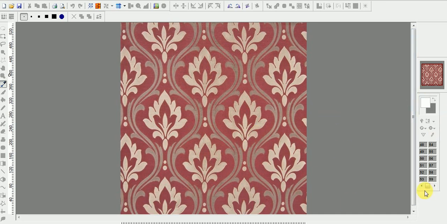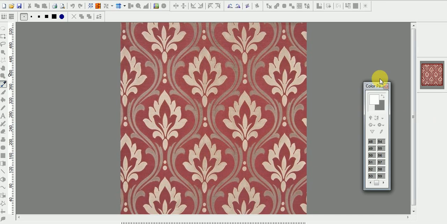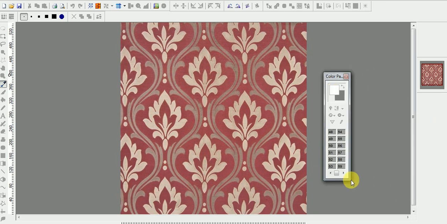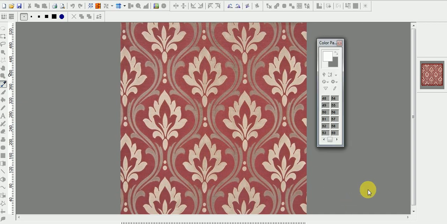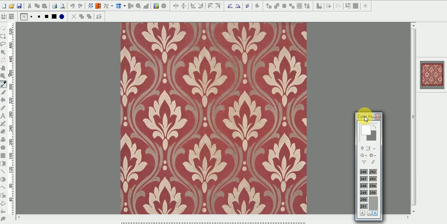How many colors can you reduce? That is important. In the Texel color palette, we have a limit of 255 colors. You can see that here. You can reduce within the 255 colors. This is the end of the color palette. This is suitable for editing with this many colors in jacquard designing.